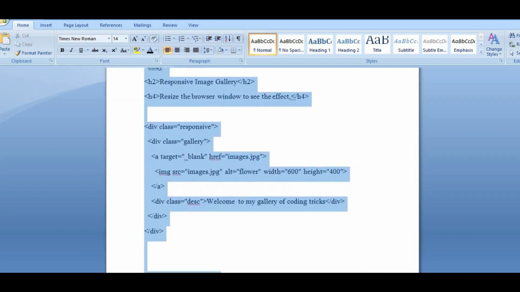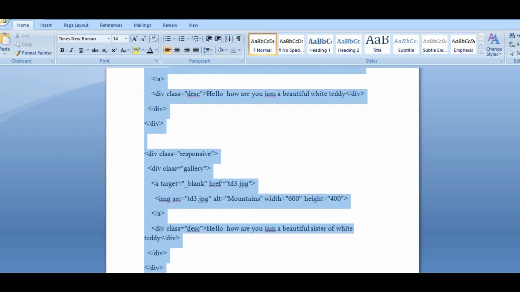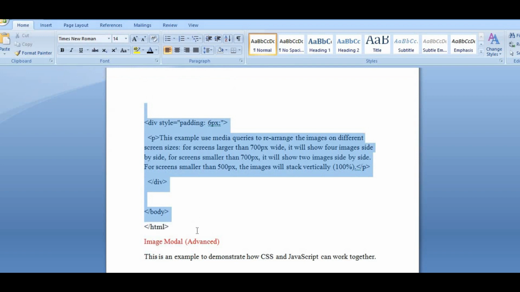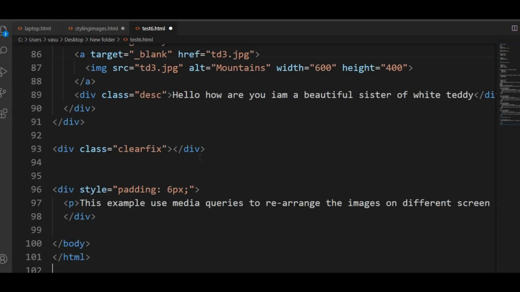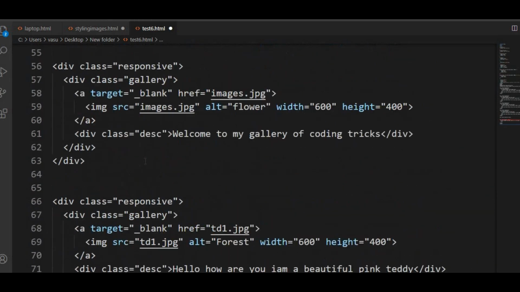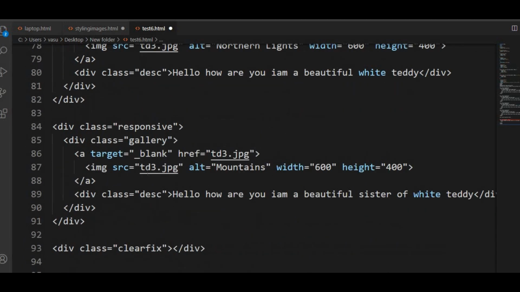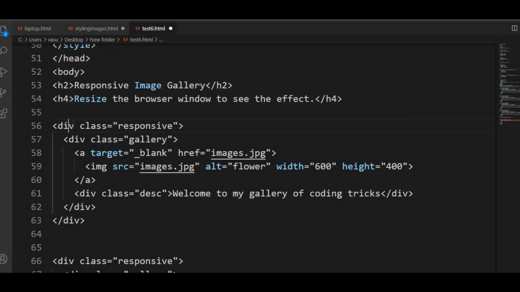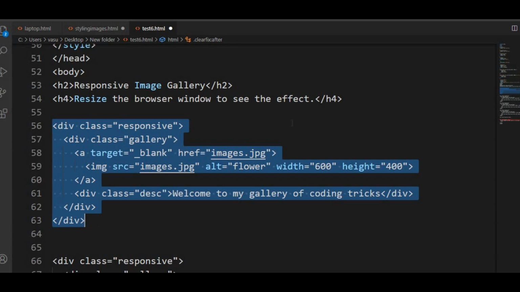So here I have given the 4 pictures with different heights and widths. So you can see over here. I'm going to copy paste. Yes, copy it. So you can see the HTML part first. So what I have written here in the HTML is, I have created first a responsive class. This is the first responsive class for the first image. So as I have told you that I have given the 4 images, right? So this is the first image